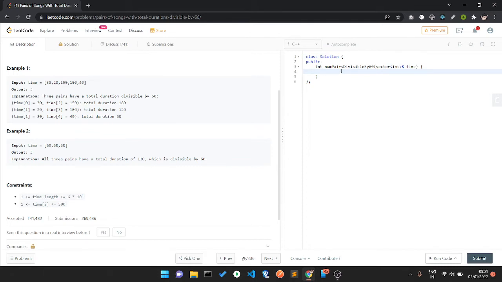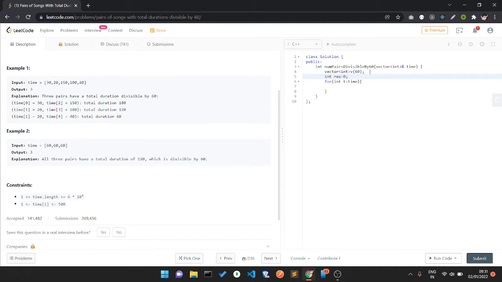What I'm going to do is make a vector of int type, name it v, of size 60. After doing this, I'll iterate over time. After that, I make my result variable in which I'm going to store everything.